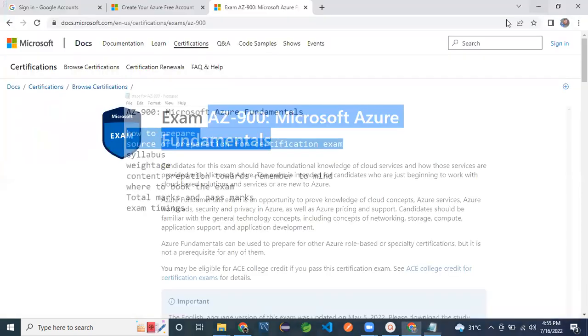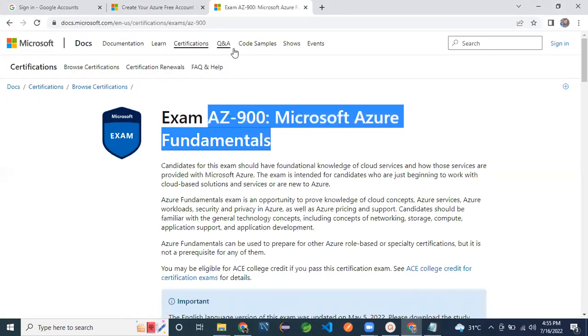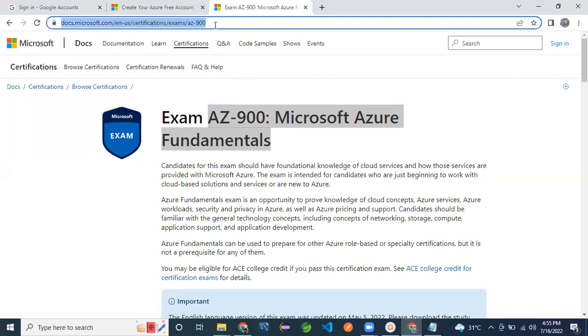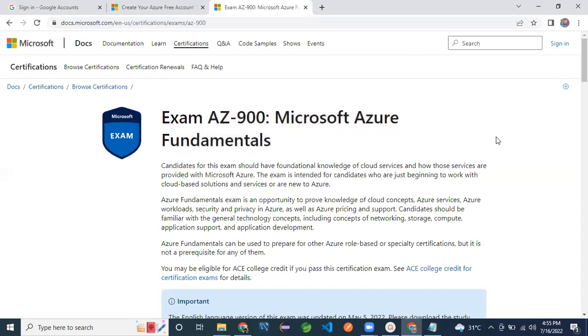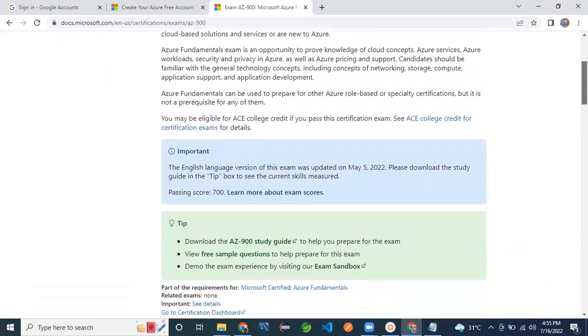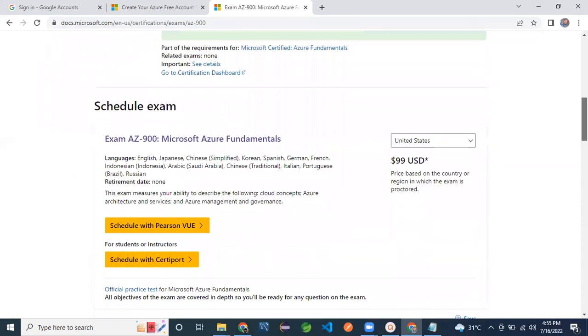Let me go back to the site. So this is the link. I will provide this link in the description. You can also copy it. This is the link I used to follow. So for how to prepare, there will be a number of sources.